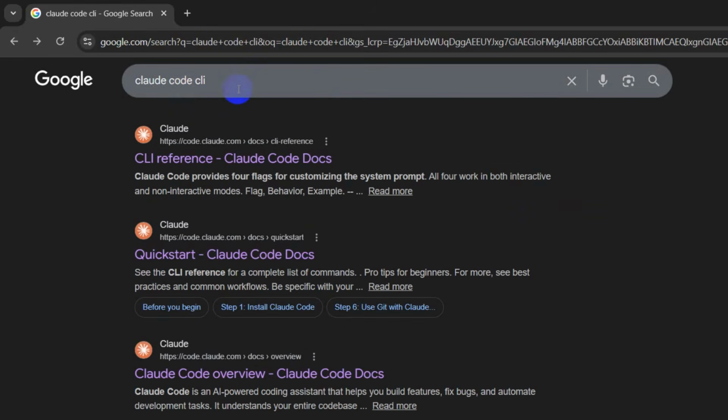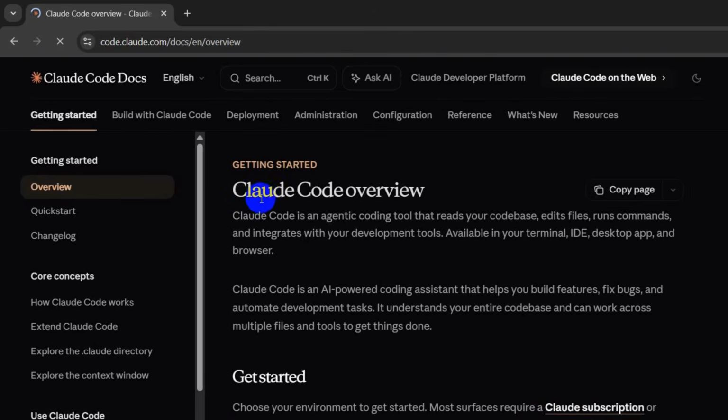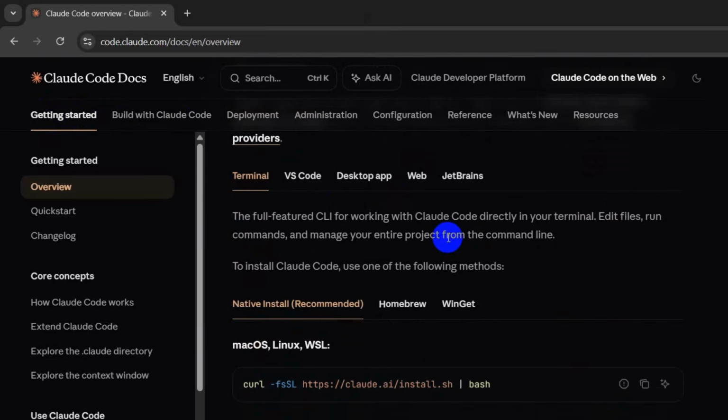So when you search for Claude Code CLI, you will see this option, code.claude.com docs overview. So you need to click on this. And here you can see we are on this page. So basically you need to go to the getting started page, and if you go down here you can see